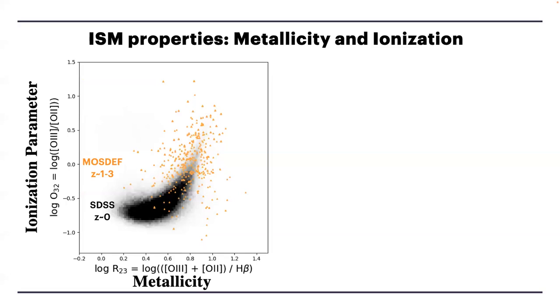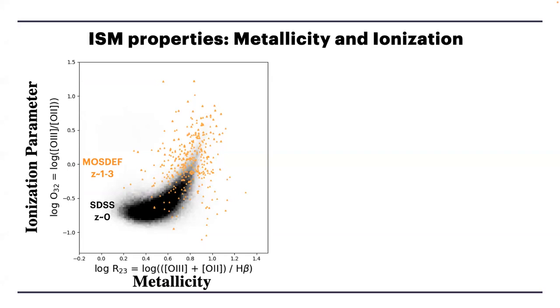Okay, and so I would like to start from the two key ISM properties: the metallicity and ionization parameter. These are very important ISM properties that shape star formation and feedback. Here I'm showing a plot with the O32 ratio as a function of R23. These two are the common tracers for the